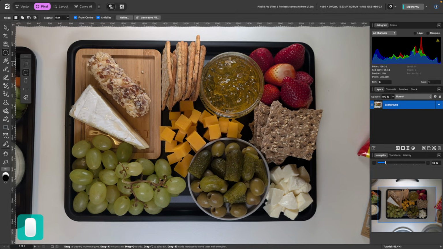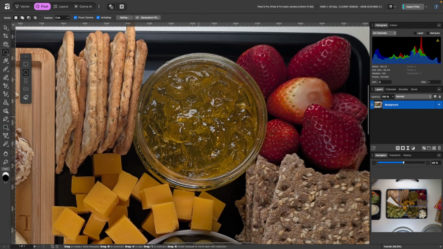So I've selected it and I'm just going to zoom into this jam here, or marmalade, and I will just click and drag out. Right now you can see it's kind of like an egg shape. To maintain proportions, you can just hold down the Command key and just drag out, and it keeps that perfect circle. And I'll let go. If you've made a mistake, don't worry, you can just drag this selection wherever you want and just lay it down round about there. So from here you can do a few things which I'll show you now.